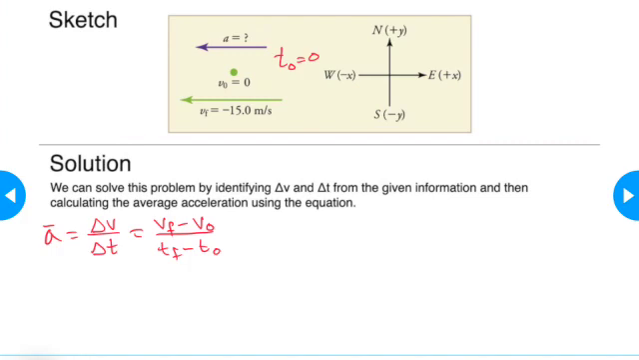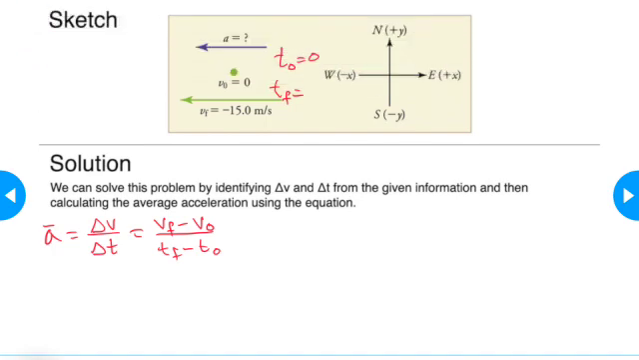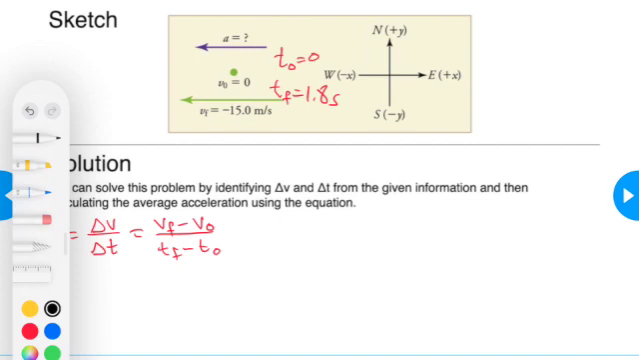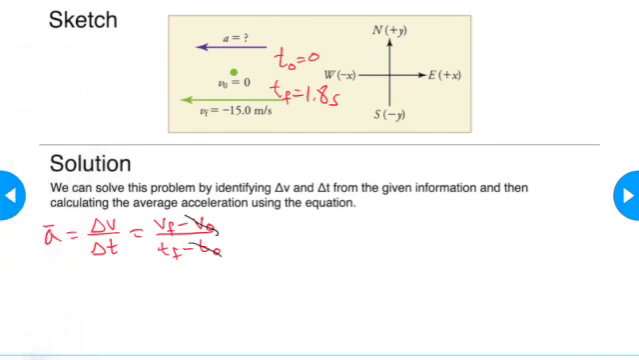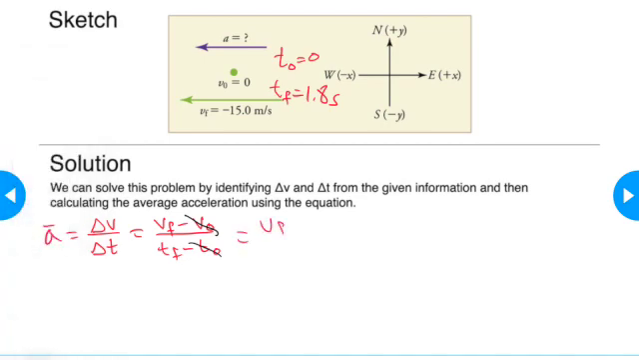So initial time is 0. Final time is given to us as 1.8 seconds. So there's the additional details they didn't put in the sketch. So we have two things that are 0. We can go ahead and eliminate them now. Initial velocity and initial time are both 0, so we don't have to worry about plugging those zeros in because they're gone. So we just have our final velocity over final time,